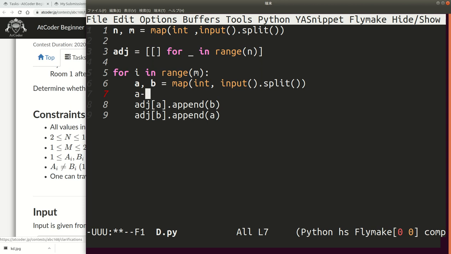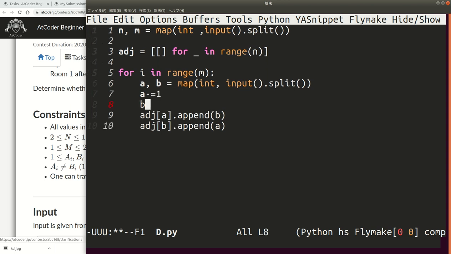So A minus 1, B minus 1, and for BFS, so Q. I have Q with empty Q, and